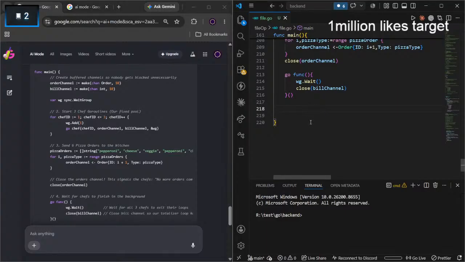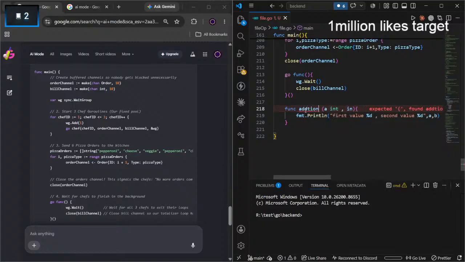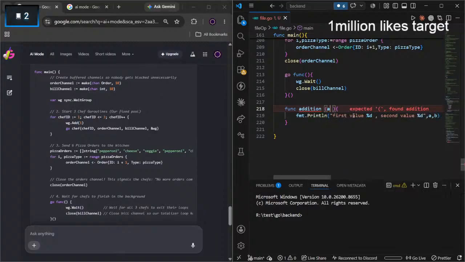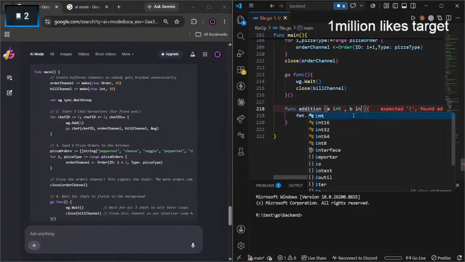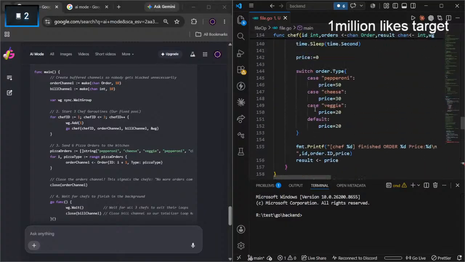Function name. Addition. I don't think we can declare a function inside a main function. A integer type and B integer type. It does complain. Didn't I give a name now?